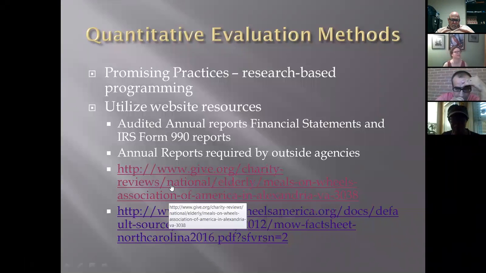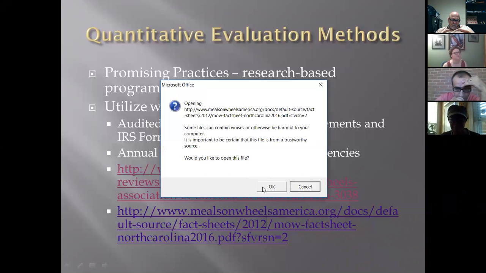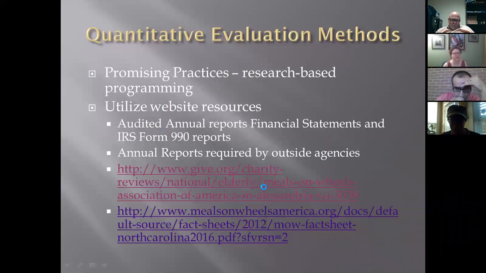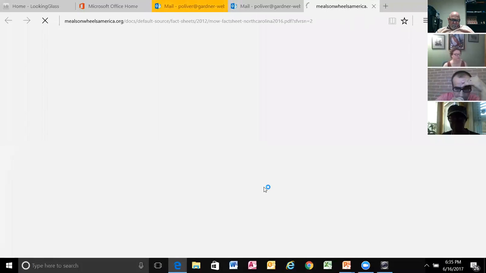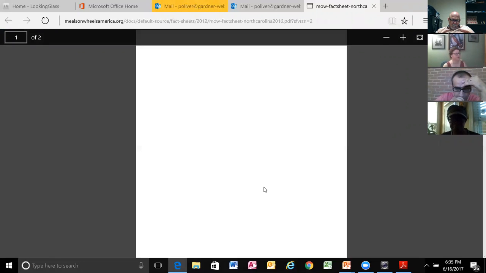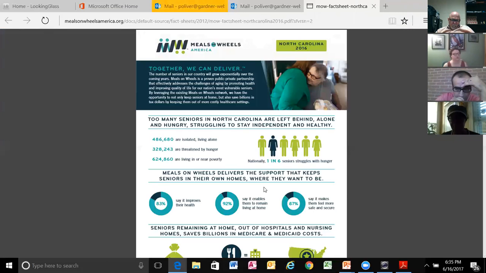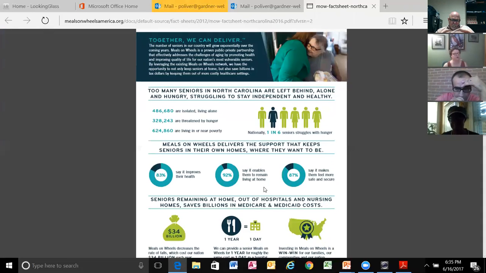You want me to go to the next one? And the next one. And this is basically the Meals on Wheels website. When I was looking at it, it was the fact sheet on North Carolina. So they prepared a fact sheet for each of the states where you can pull up and see the facts based on data sources. They use the Census Bureau information and data that is provided through those resources